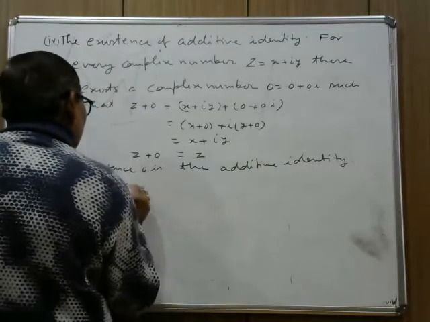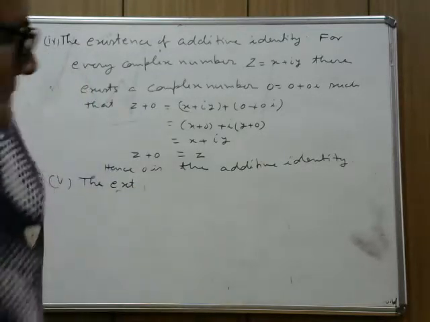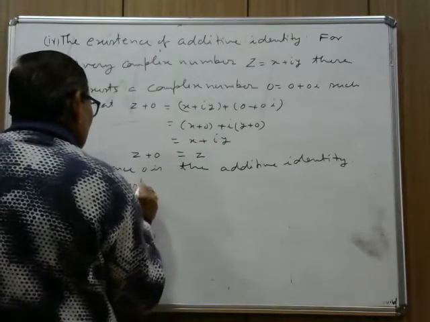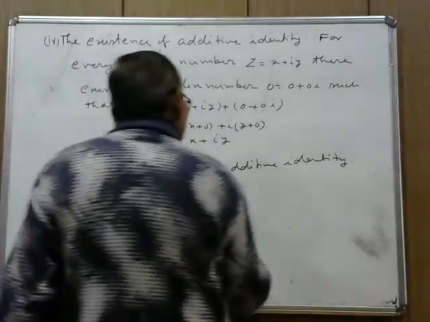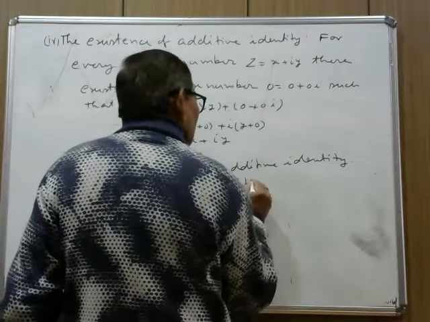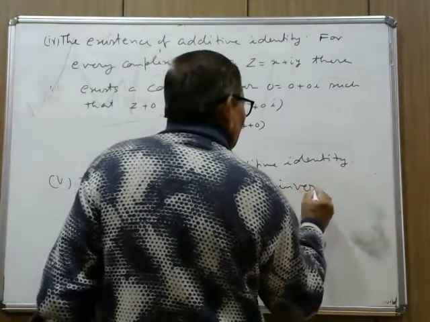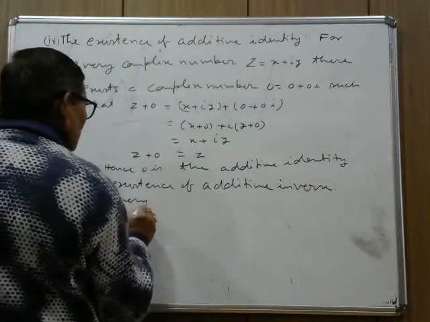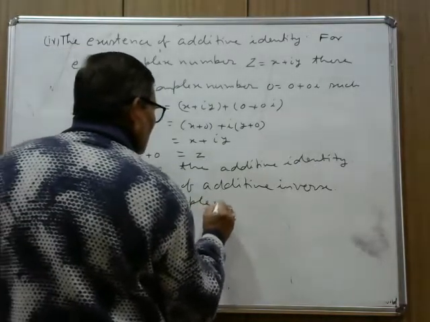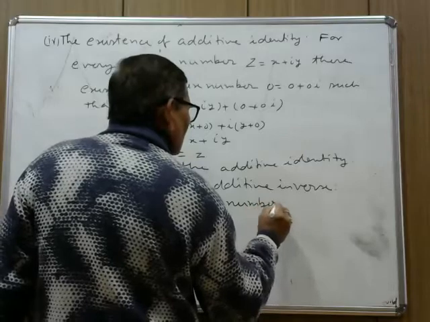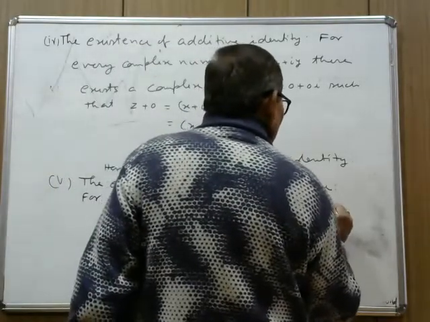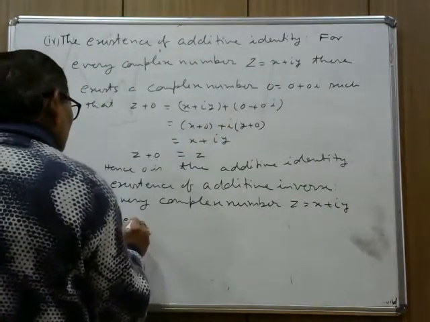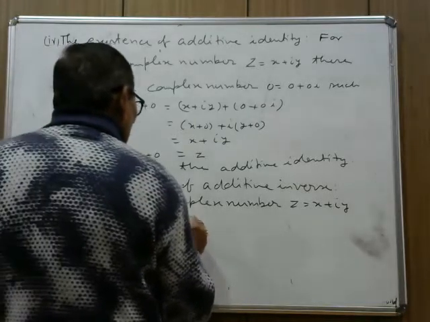The existence of additive inverse: for every complex number z equal to x plus iy, there exists a complex number